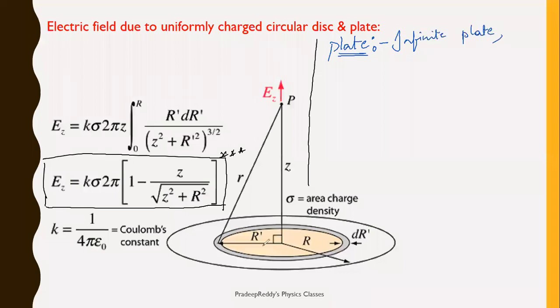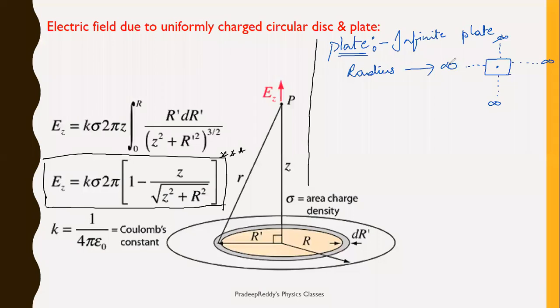Right? So when you are dealing with a plate, what happened to our radius? As we are considering it as an infinite plate, what would happen to the radius? The radius tends to infinity, because, for example, if you are taking a plate, this is extended up to infinity, this is extended up to infinity, this is extended up to infinity, this is also extended up to infinity. So from the center, if you are calculating the radius, what does its value become? The radius tends to become infinity.